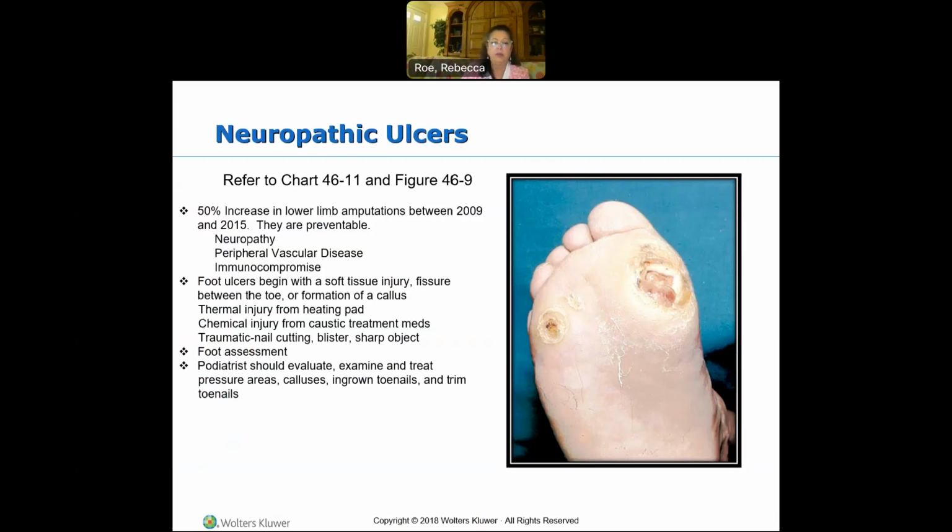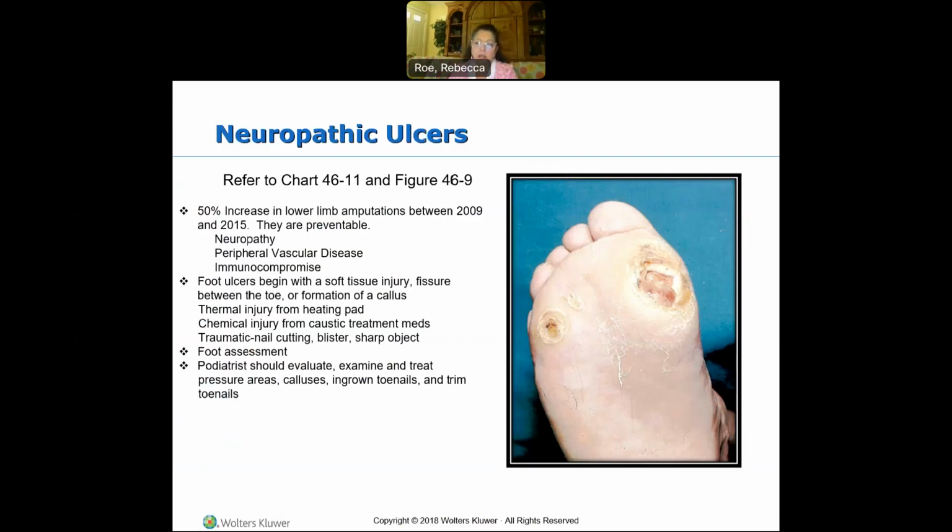Some people like to put heating pads on their feet. Their feet are cold all the time. So they put a heating pad on, they don't realize that they have it on high, and they burn their feet. Could be a chemical injury due to some kind of caustic treatment, like they're trying to take care of their own callus, and so they put some kind of acid or something on their callus to try to dissolve it, and it ends up burning. You could step on a nail, or have a blister from shoes that don't fit well, and that all leads to